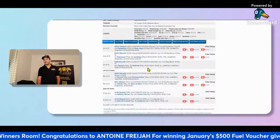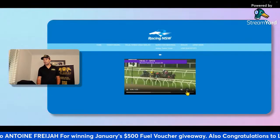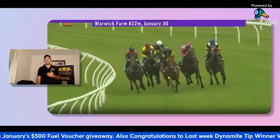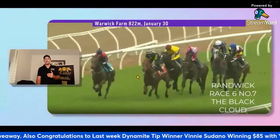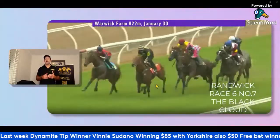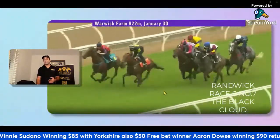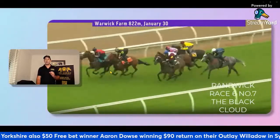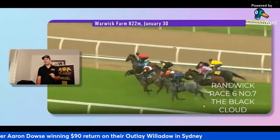But so is the Black Cloud. Let's have a look at the Black Cloud's trial. Here she is. She leads the whole way, given a lot more time, easier time than she's an A-lister. Now this horse, when she rated 1 length above benchmark, it was Randwick, 1,000 metres first up. Very similar setup here, and we think these two horses are cherry ripe. There she is there. Cherry ripe to perform